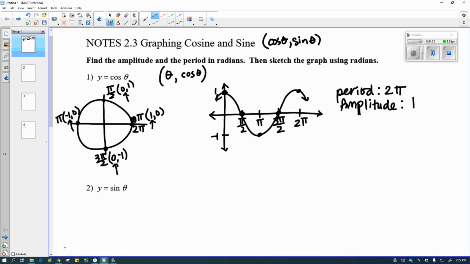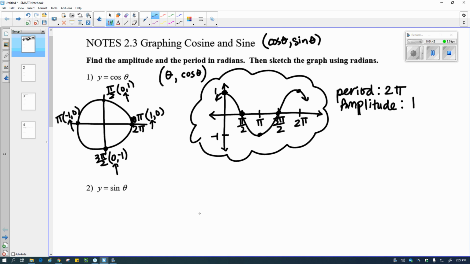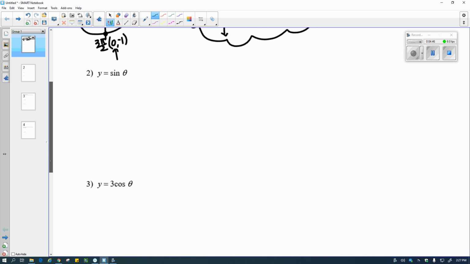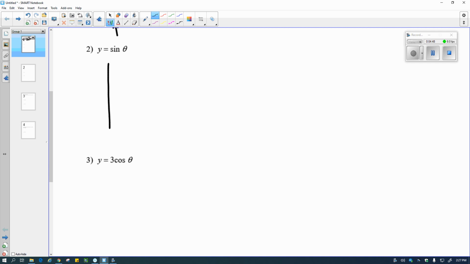So those are two things that we're going to look at. We're going to go through the same process with sine. This is going to be the picture of cosine that I want you to remember. We're going to go through the same process again with sine. I'm going to draw that circle again and put those points on 0,